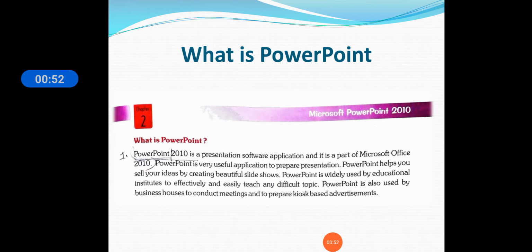So this is PowerPoint, all of you know. This is a very important tool. It is a software application and it is part of Microsoft Office 2010. It is a very useful application and it is used to prepare beautiful slides, and it is widely used in educational institutes to teach any difficult topic very easily in a nice and proper way.